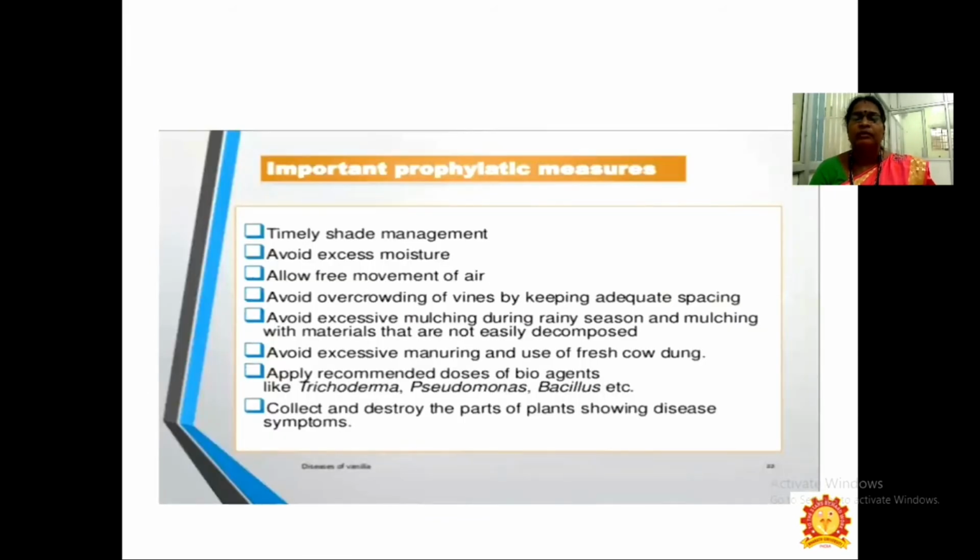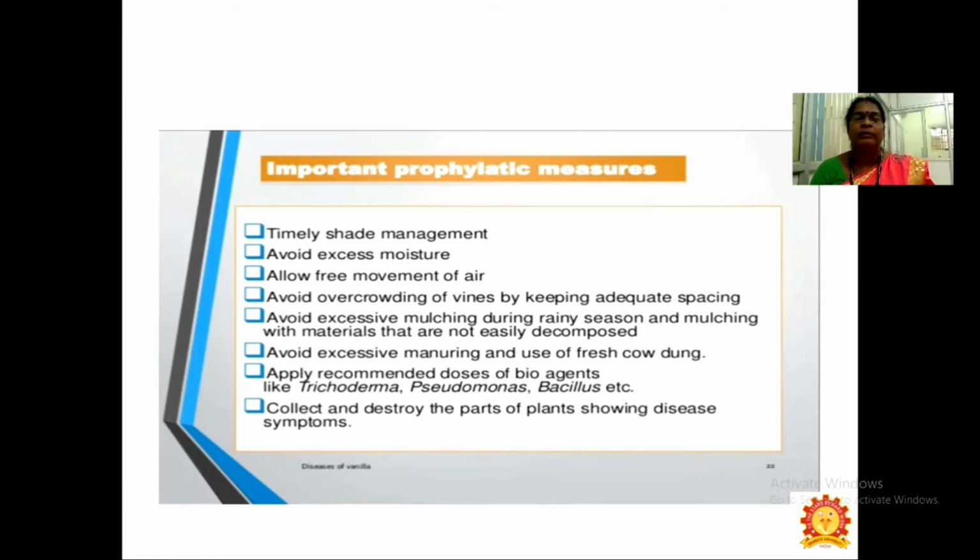So the most important prophylactic management practices that we have to follow are timely shade management, avoiding excess moisture, and allowing free movement of air. We have to avoid overcrowding of vines by keeping adequate spacing.